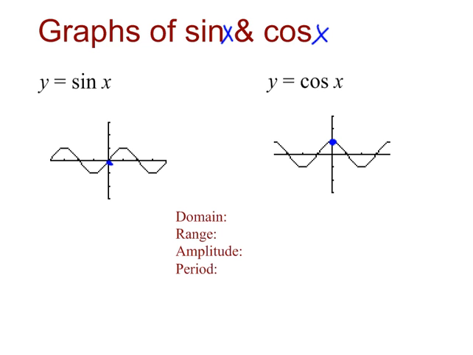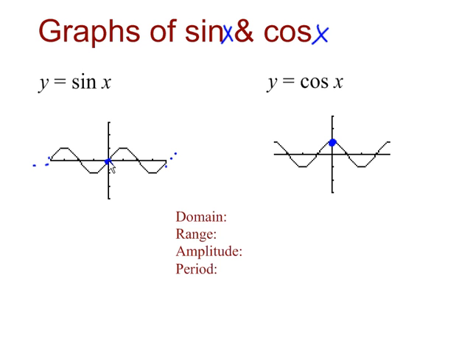Hello. Today we're going to examine the graphs of sine and cosine. So if we look at the different graphs, we've got y equals sine of x here over on the left, and you can see that it goes straight through the origin versus the cosine graph, which starts at y is 1. When we're looking at the domain of these graphs, however, this graph continues on forever in both directions, and